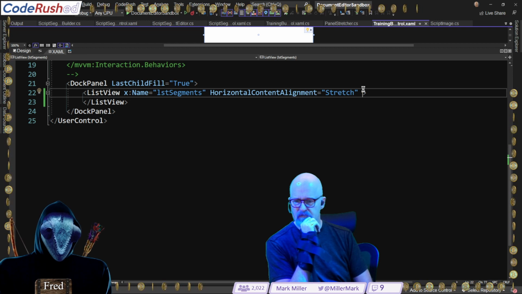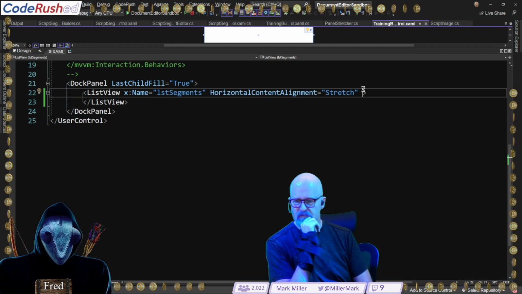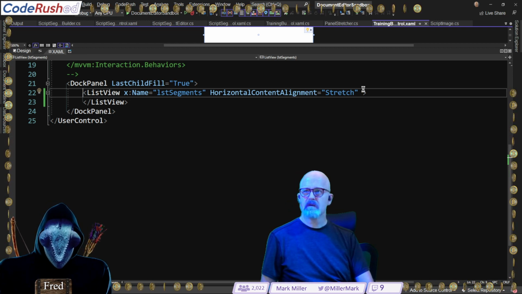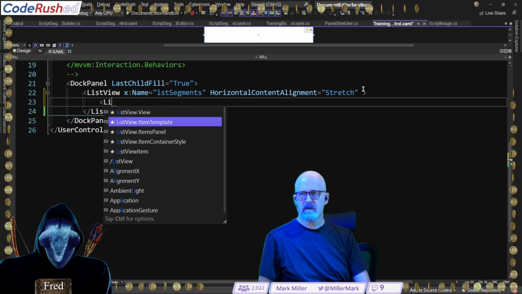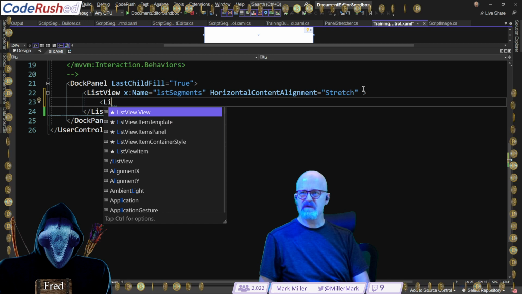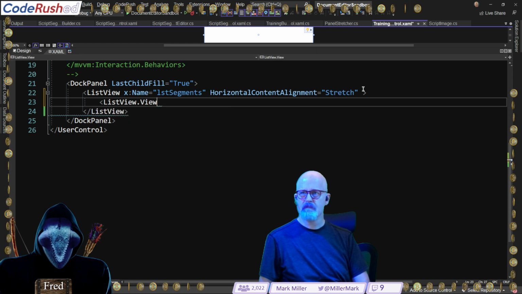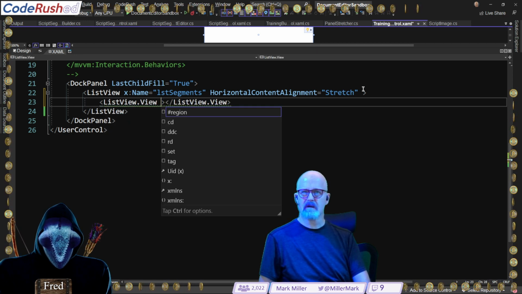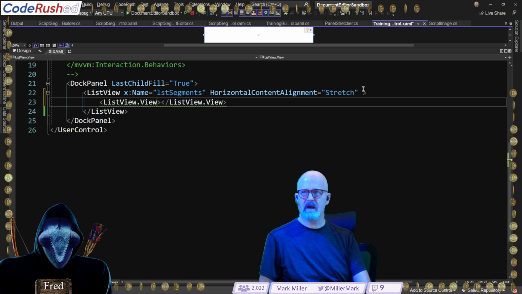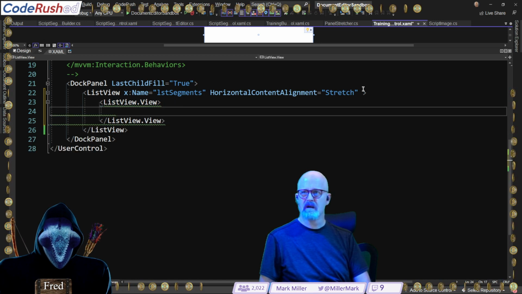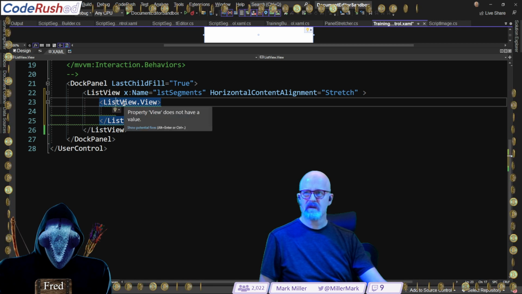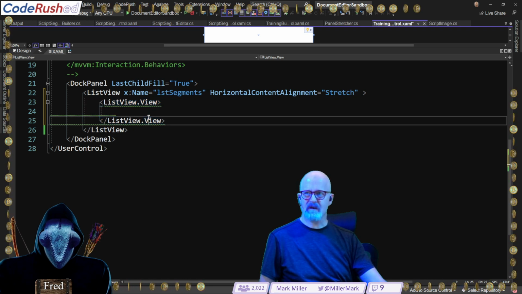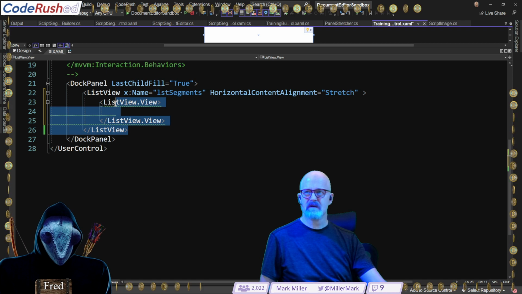So it'd be list view dot scroll view or what have you. I got list view dot view. Doesn't seem to be. Let's see what I got in here. Nothing in there. What's this say? Property view does not have a value.